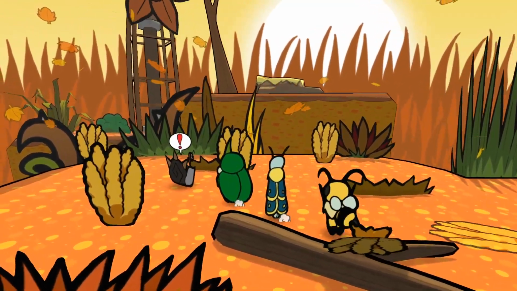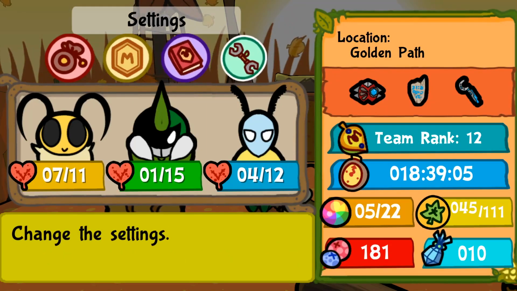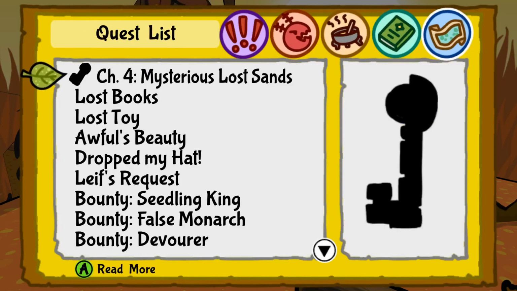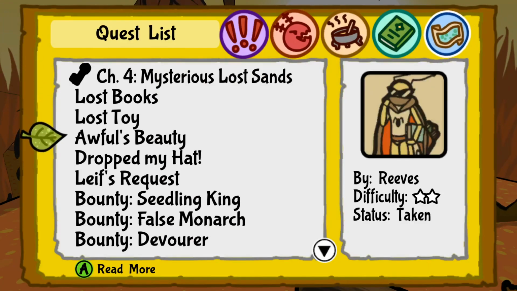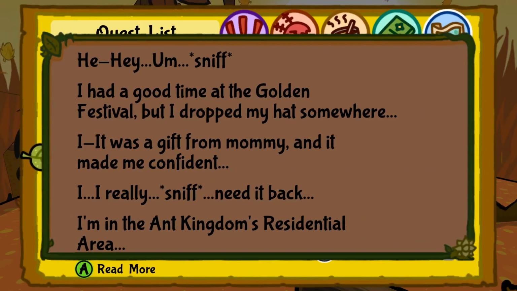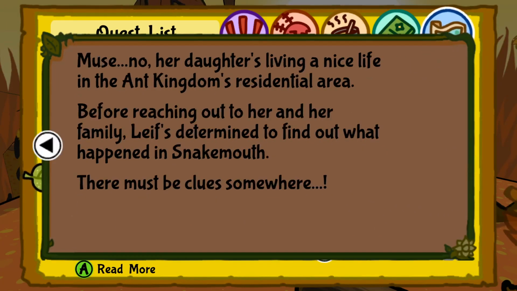So I want to do some item management and cooking, and I need to see Chuck. What was I in the Golden Hills for in the first place? It wasn't these things. This is not the reason I came here. Back into Lost Sands to follow Team Slacker's lead. Right, that spot. I know that place. Still haven't found your hat. Least request is to...